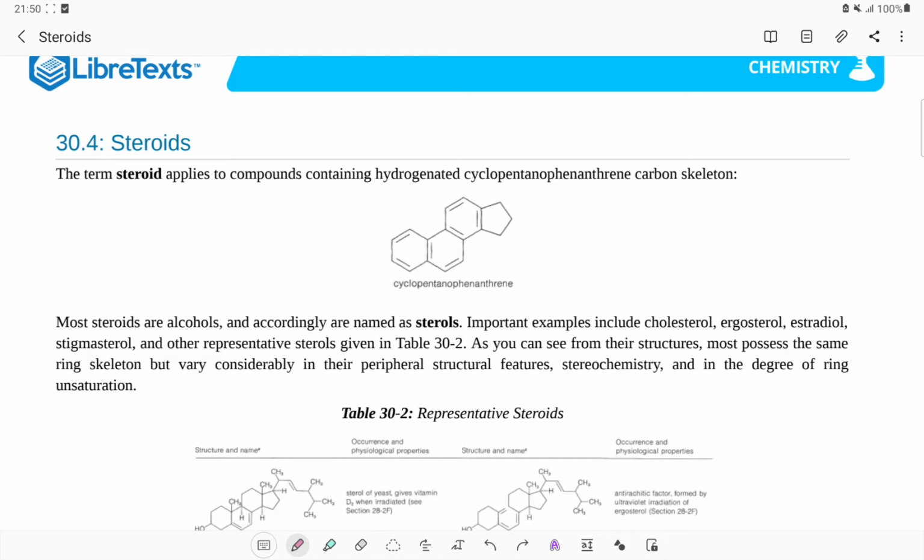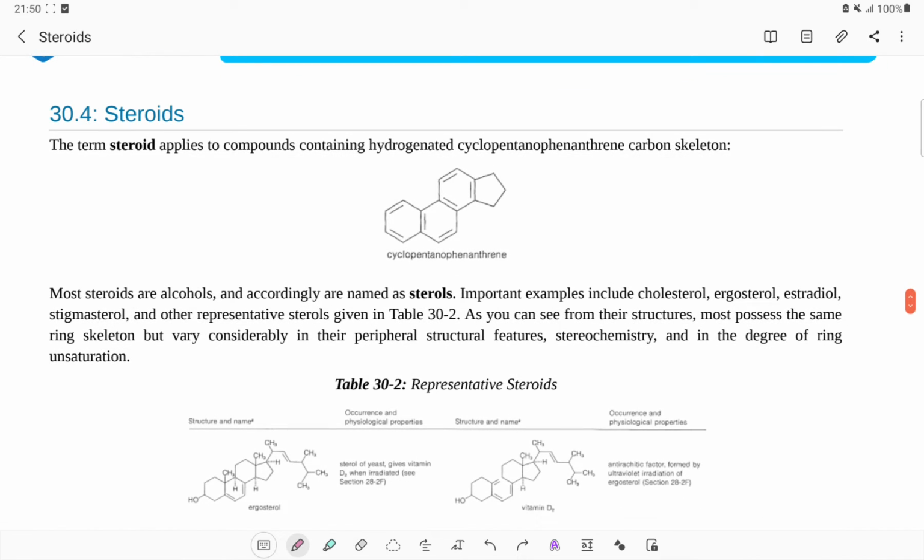Hello everyone. In the previous class, we started with an introduction to steroids, and there we tried to understand the various categories of steroids, and also how steroid nomenclature could be done, and then the classification of the steroids based on the number of carbon atoms. We also tried to understand how cholesterol is a part of the steroidal system, its nomenclature, and how 1 to 27 carbon atoms could be named.